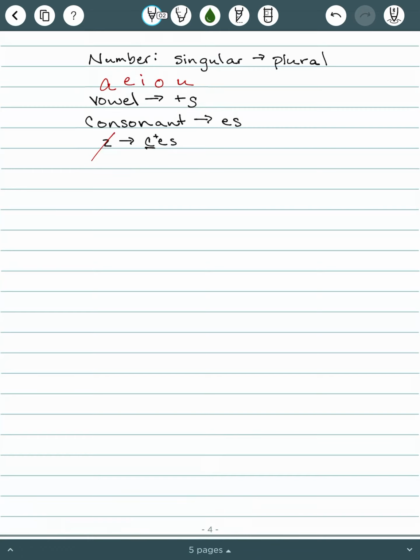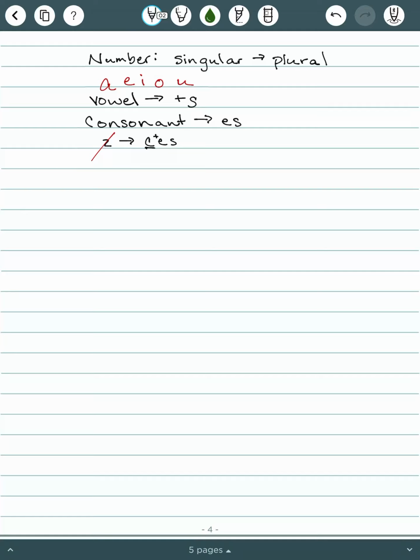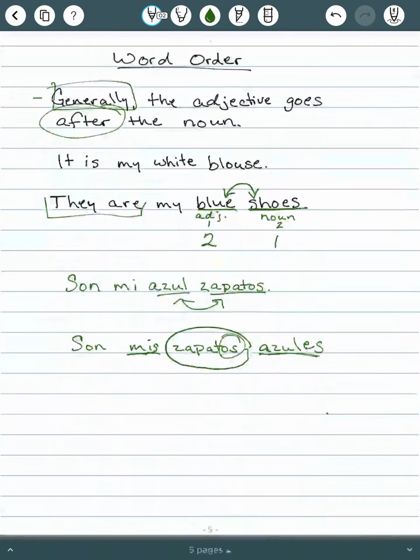Again, just to recap that, for gender, if the adjective ends in an O, change it to an A. If it ends in something else, leave it alone. And then to make the adjective plural, if it ends in a vowel, add S. If it ends in a consonant, add ES. If it ends in a Z, change that Z to a C, then add ES. And then finally, word